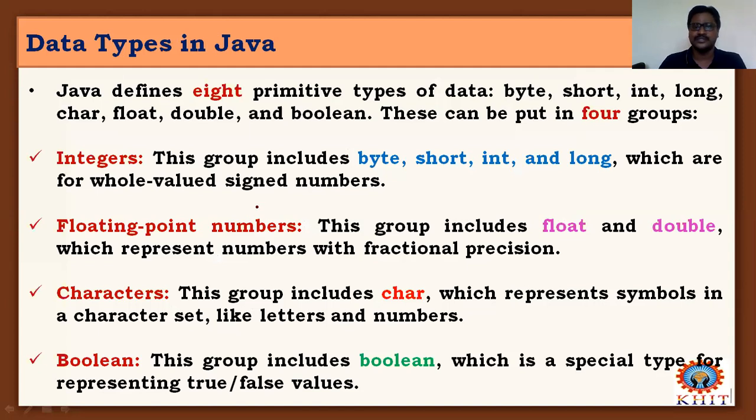So Java defines 8 primitive types of data: byte, short, int, long, char, float, double, and boolean. All these 8 primitive data types are categorized into 4 groups. The first group is integers, the second is floating point numbers, the third is characters, and the fourth is boolean. I told you that the first two are numerical types, and the other two are non-numeric types. And coming to integers,